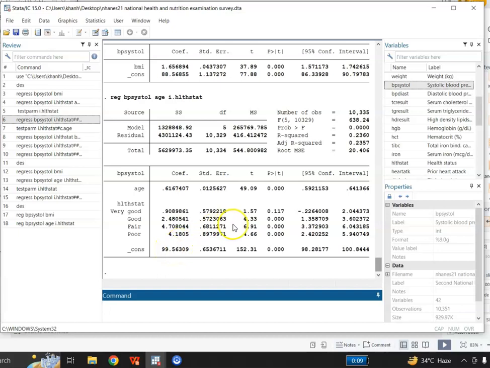So three of the coefficients for health state are significant. They are significantly different from 0, and this very good one is not significant because its p-value is 0.117. It's greater than 0.05. I can do one thing. I can test a null hypothesis of whether these four coefficients are jointly equal to 0 or different from 0. So my command will be testparm, and I will write